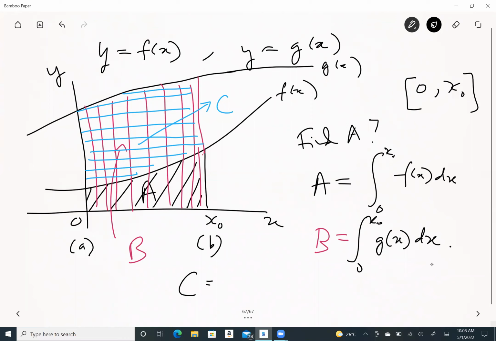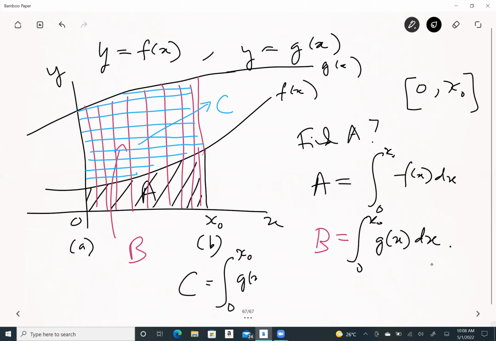Now we don't want area A or the area under g of x from 0 to x0. You want only part C. Part C is in between the two functions. So how do we get it? We take the difference. So C would be what? Would be the area from 0 to x0